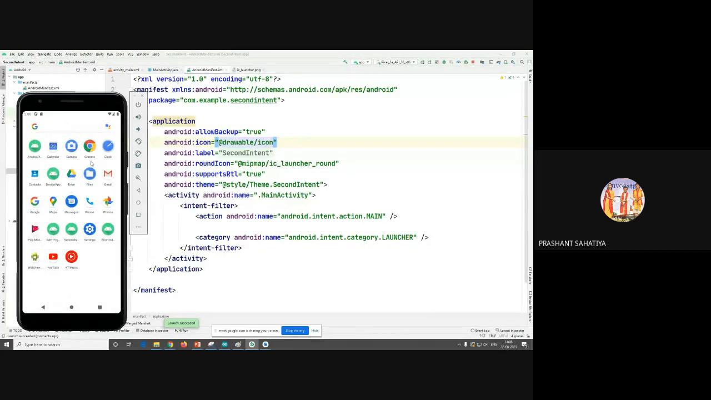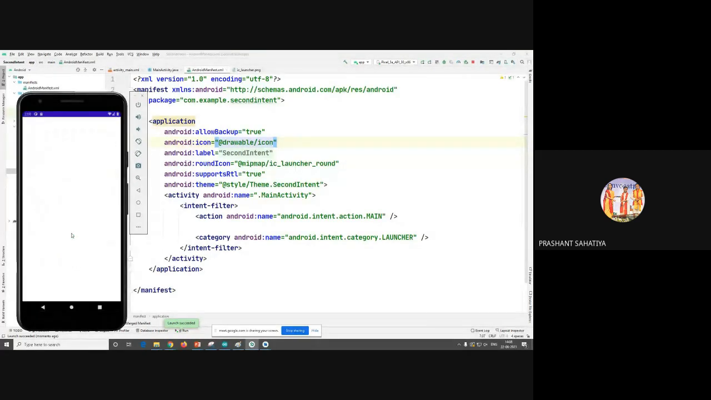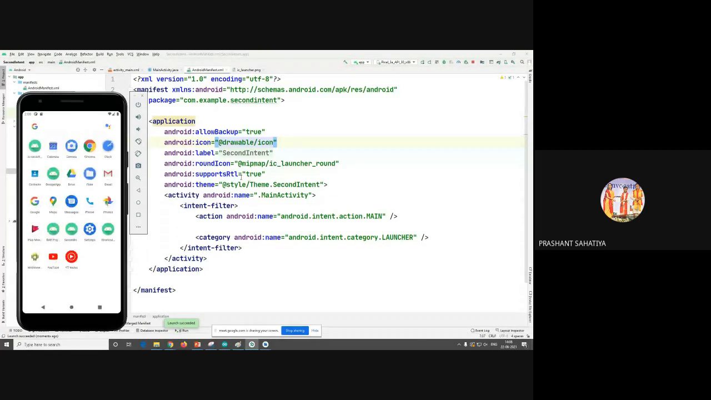इधर है ऐप अपना, व्हाट वाज द नेम ऑफ इट, सेकंड इंटेंट। हाँ, इसका ऐप नहीं हुआ ट्रांसफर, लेट मी डू।